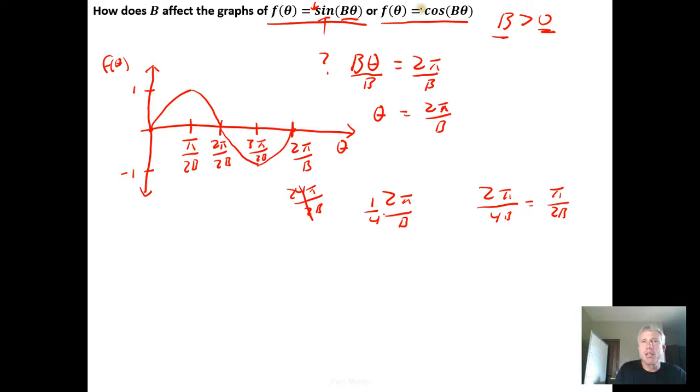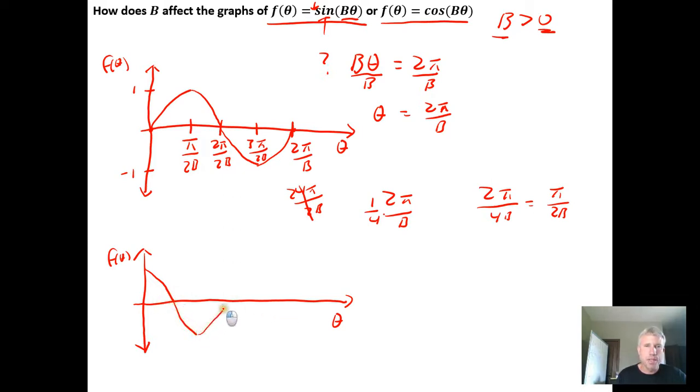If I am working in degree world, so let's do the cosine function working in degree world. So right here, we'll graph the cosine function. So I called my function f of theta, so that will be my output axis. I've got thetas going in on the input axis, and the cosine function usually starts at the high point, goes to the theta axis intercept, down to its low point, up to the theta axis intercept, up to its high point again, and usually this happens in 360 degrees, but it isn't going to happen in 360 degrees anymore,